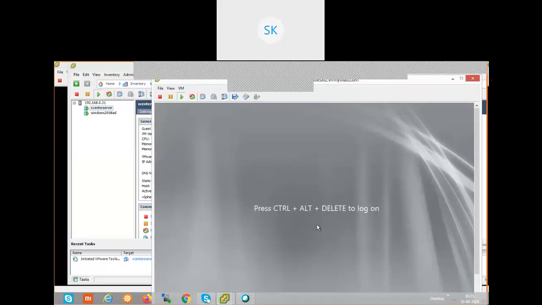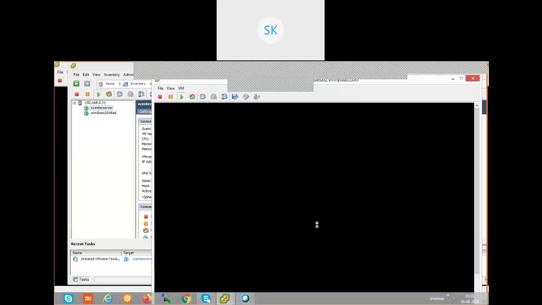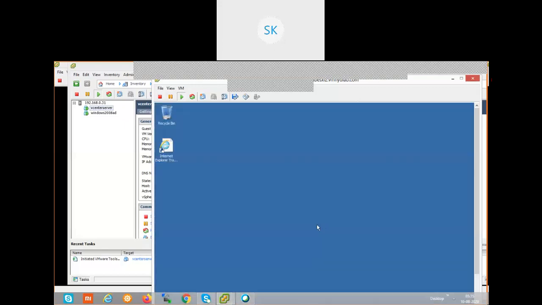Okay, so we'll see how it is going to show the network card in device manager. Previously, there were two devices showing as unknown, not able to add a driver. Now we completed the VMware Tools installation for all hardware, not only the network card, for all hardware. Go to device manager.